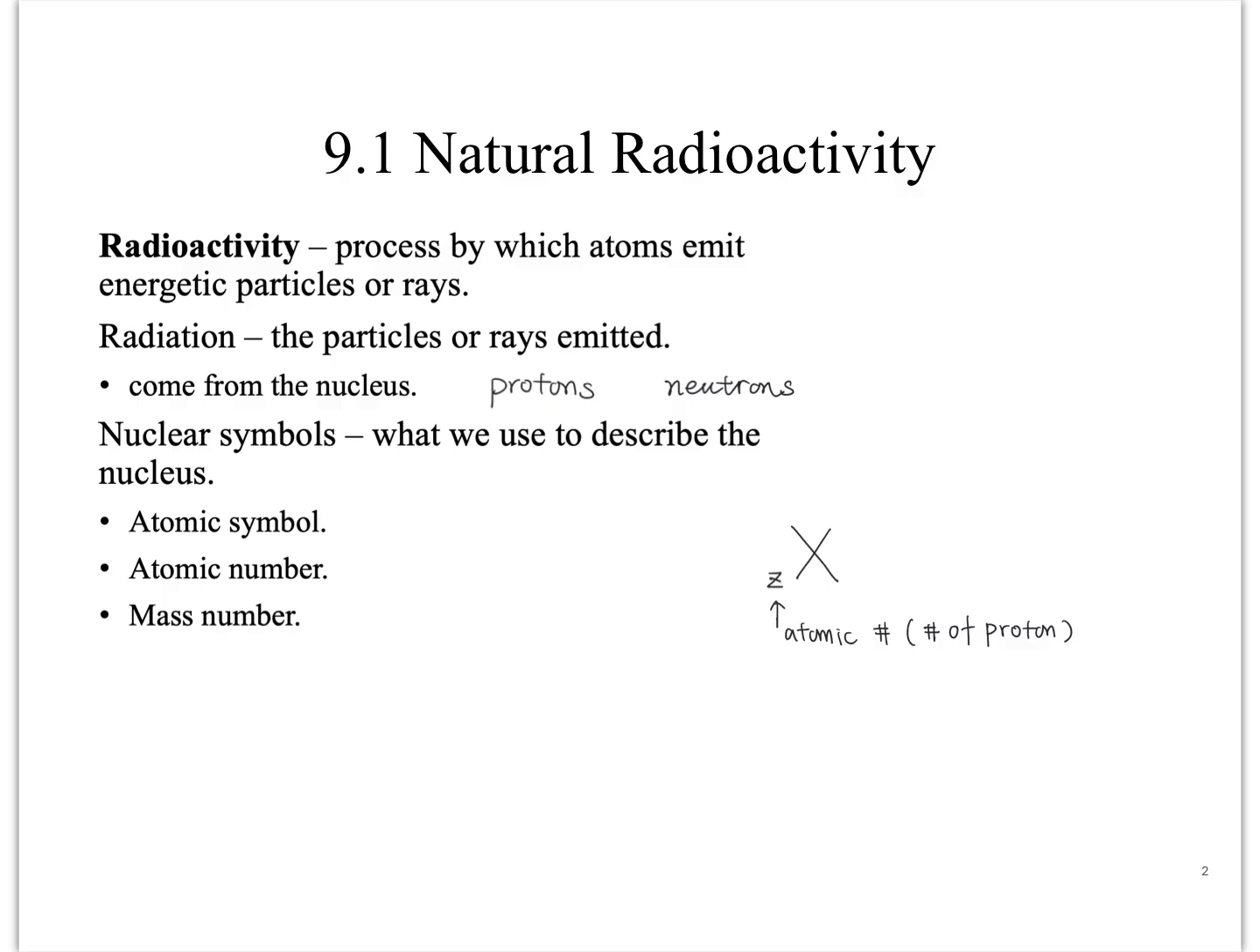In the nuclear symbol, we also have a number on the top left, which we call the mass number. The mass number is the number of protons inside the nucleus plus the number of neutrons. So all in all, this symbol that we draw right here tells us the atomic symbol, which is what kind of element, the atomic number, and the mass number. This describes a nucleus